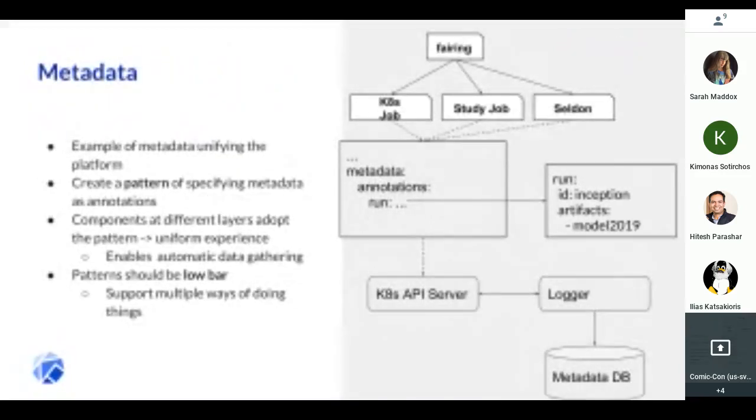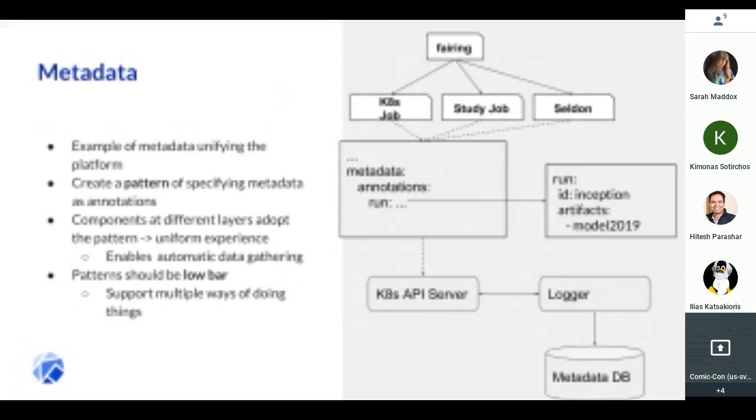But suppose we defined a common pattern, and again, this is just meant as an illustration. It's not necessarily to suggest this is a good pattern. But again, suppose we took advantage of metadata annotations in Kubernetes, and we defined an annotation in there to encode these schemas that Zhengwei and AJ had proposed, right? So we can add an annotation in there, named run, that contains the representation of the run schema that they've defined, right?